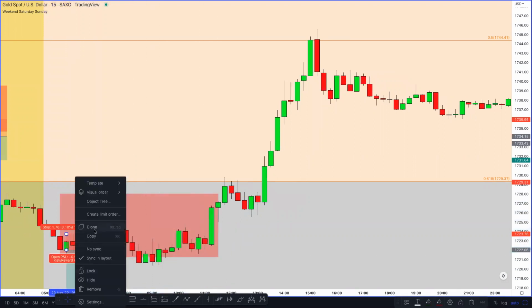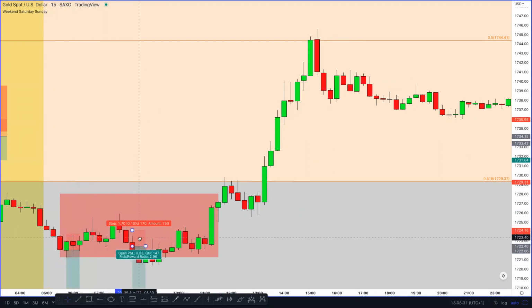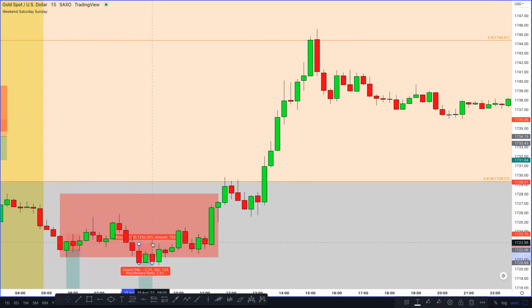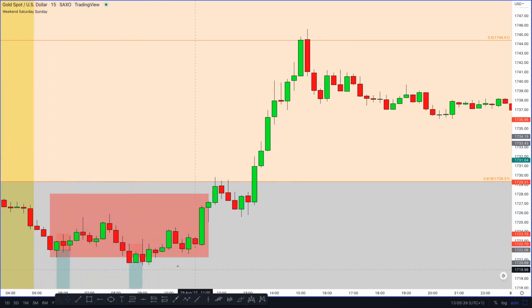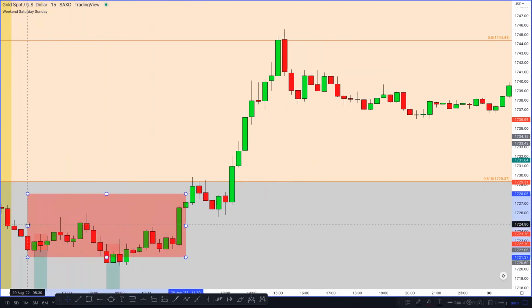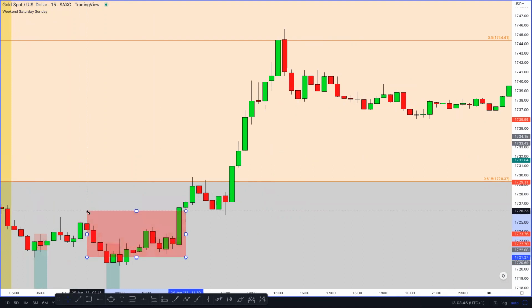Absolutely fine. So we're just going to clone this and move this over here. And you would have entered here, stop loss above here. And this would have been a losing trade by this trade over here. That's cool. So we're going to do the same thing again. We're just going to move this. But now we can see that there's a new swing high and a swing low that had been formed here. Look, swing high, swing low is back down here.